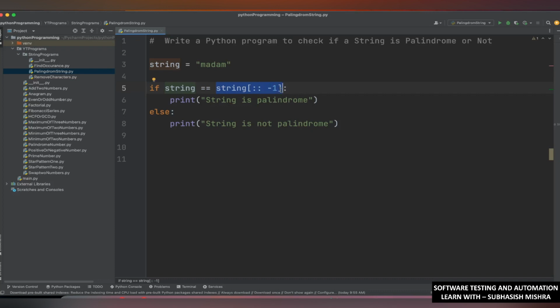In Python we call it a slice statement. This is your slice statement, and this colon colon minus 1 means start at the end of the string and end at position 0. In a string we always have the 0th position, first position, second position, third position, fourth position. So when we write this colon colon minus 1, we reverse the string: it will start at the end of the string and end at position 0, and every move,